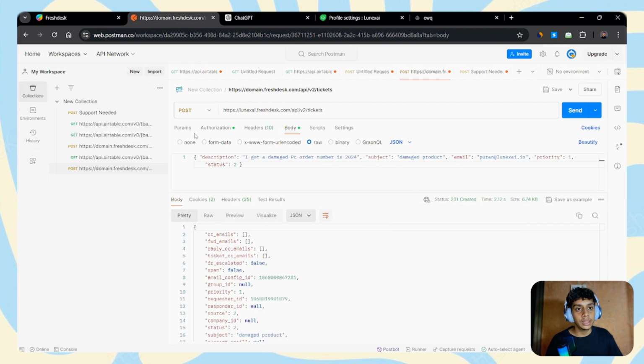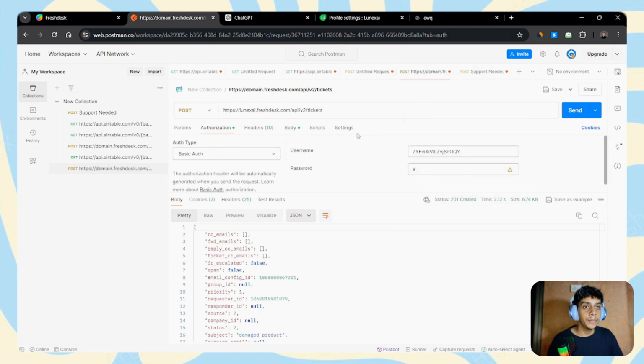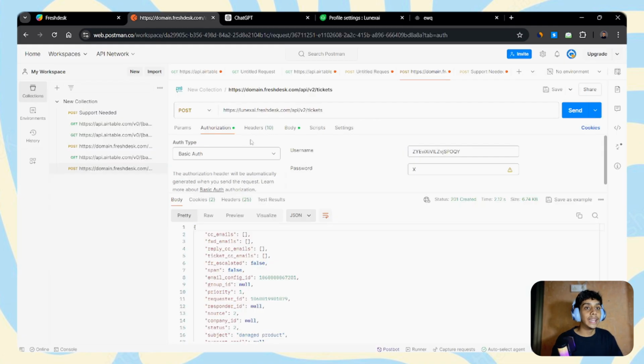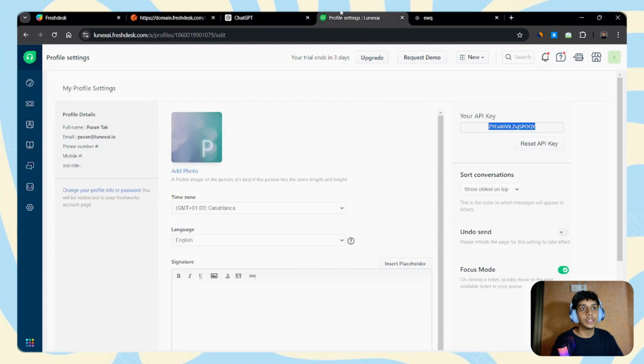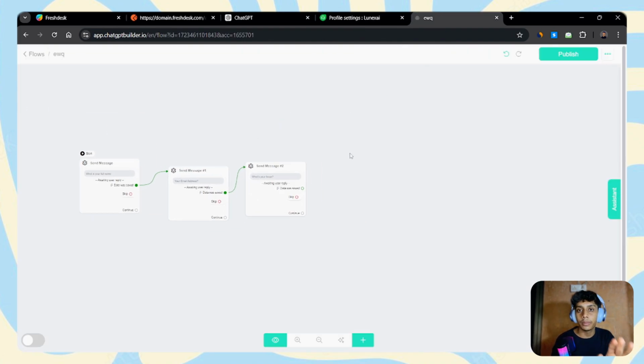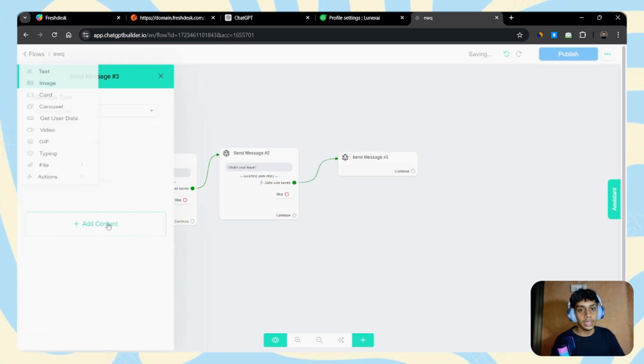Now how you can make these API calls in Voiceflow and other platforms, so let's do it. Okay, I'm on chatbotbuilder.ai. Now I'm going to make an API call directly to Freshtest. I'm going to create a ticket with the help of this software. Now this is just a platform like Voiceflow, but I think it's better for me because it's very simple to build anything on this platform. So I'm going to create a new API request